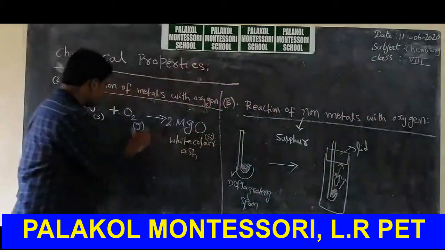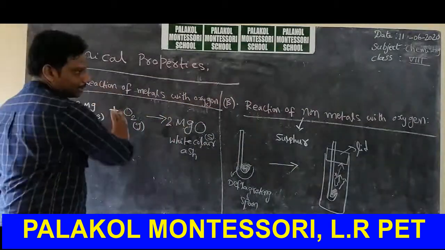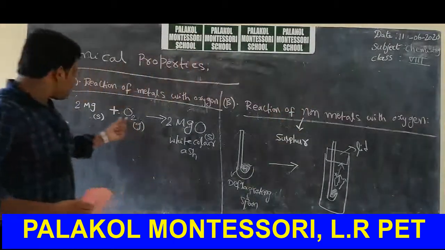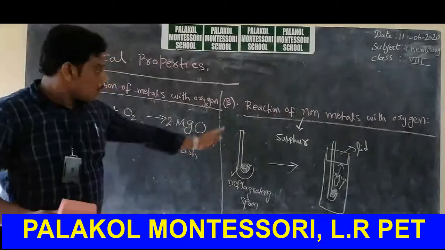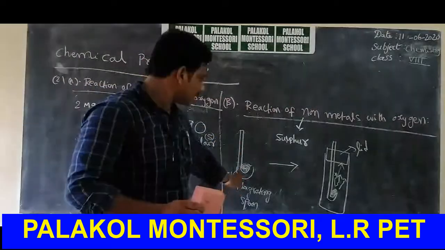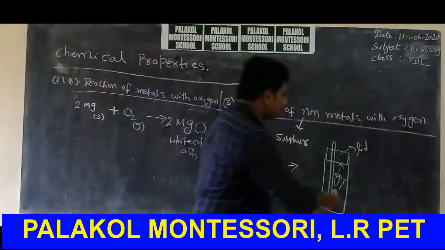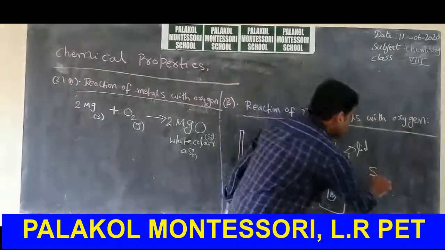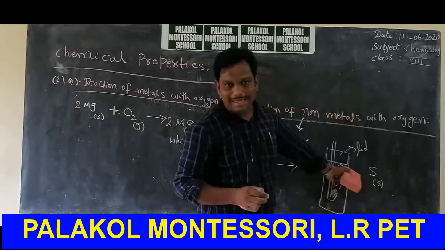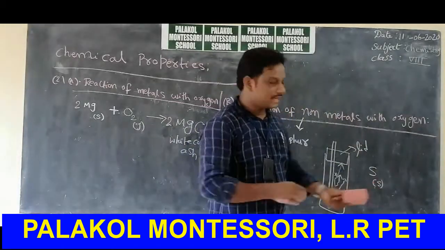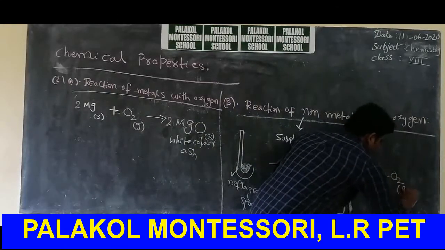Okay, so here magnesium reacts with oxygen. Now I differentiate these two: reaction of metals with oxygen, and reaction of non-metals with oxygen. When a metal, magnesium, reacts with oxygen, it produces magnesium oxide, a white colored ash. When a non-metal, sulfur, burns, it produces some gases. When sulfur burns, in which state is sulfur present? Sulfur, atomic number 16, is present in solid state. When it reacts with oxygen, which is O2 present in gaseous state,